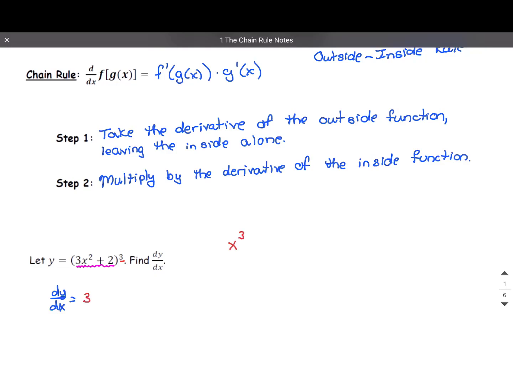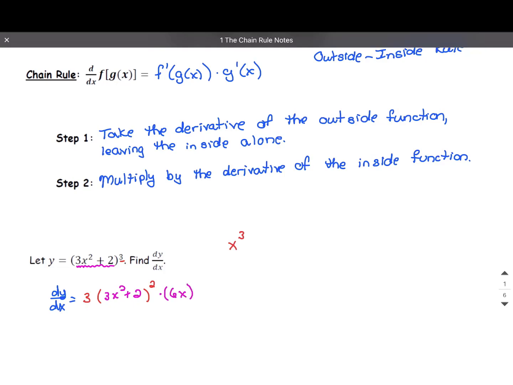That means bring down the 3 and decrease the exponent by 1. But we're supposed to keep the inside the same and then multiply by the derivative of the inside. And the derivative of the inside, the derivative of 3x squared is 6x, plus the derivative of 2 is 0,